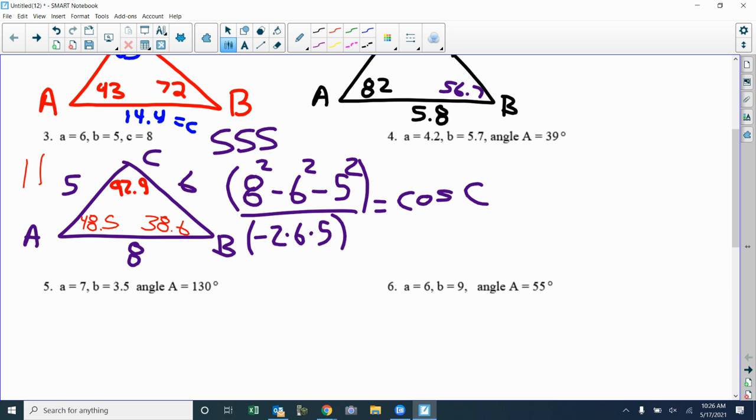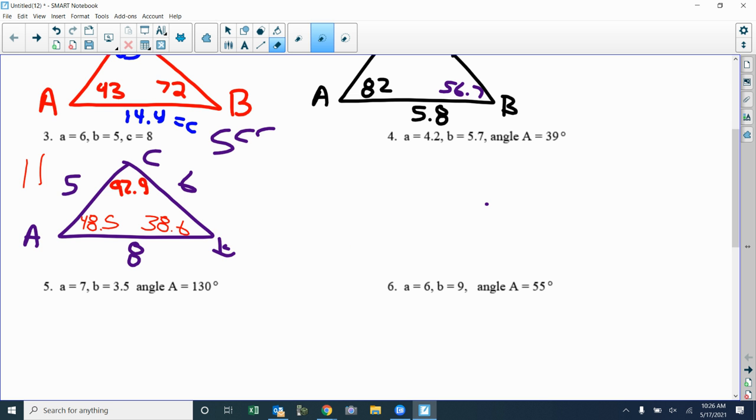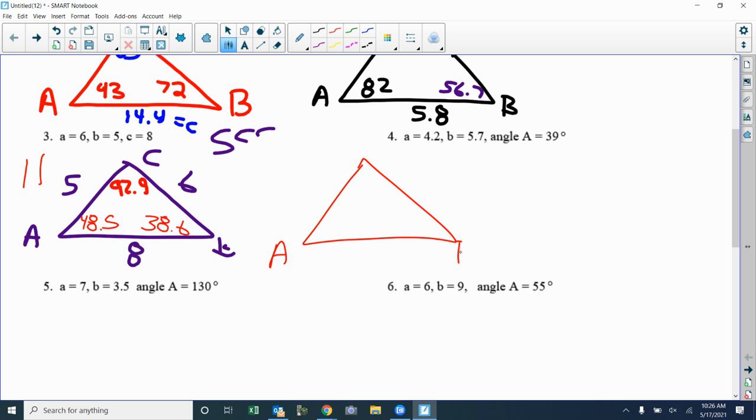Well, if you haven't done the practice, the last three are all side angle. So the next three are gonna be side angle, the ambiguous case where we have stuff to figure out. Oh, you gotta find that height most of the time, so let's get started. Still gonna go with our same situation where we have A, and we have B, and we have C across from A, 4.2 across from B, 5.7, and then, of course, angle A is 39. So we're gonna find this height,